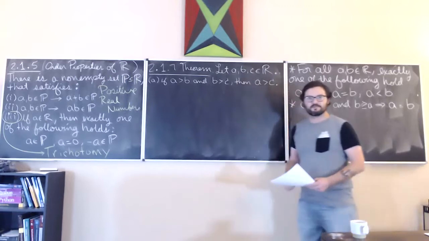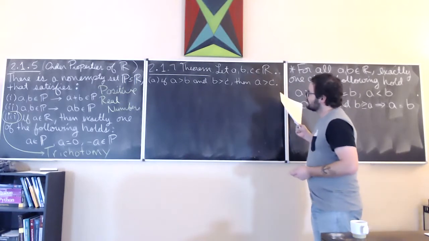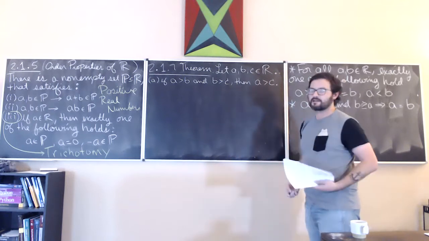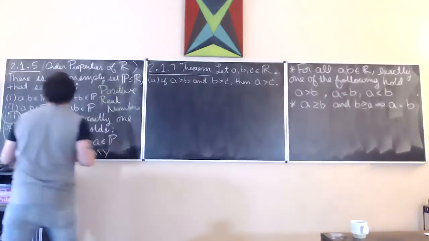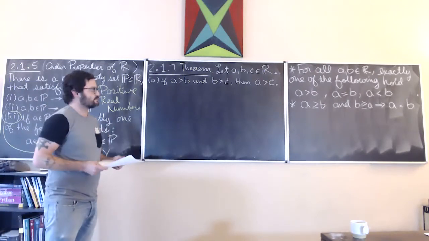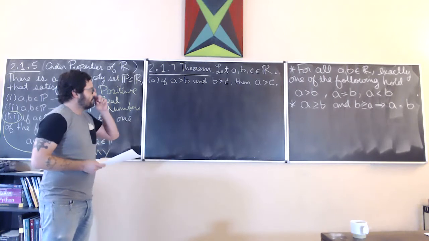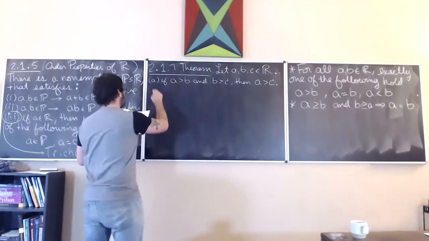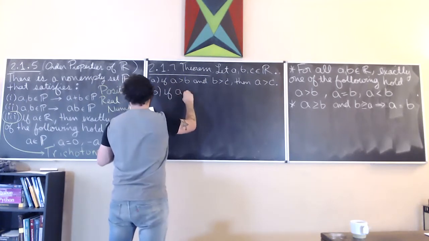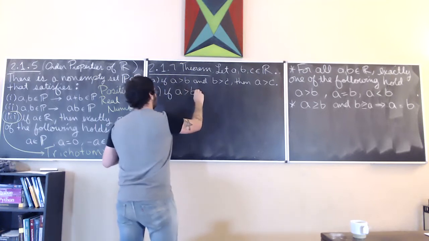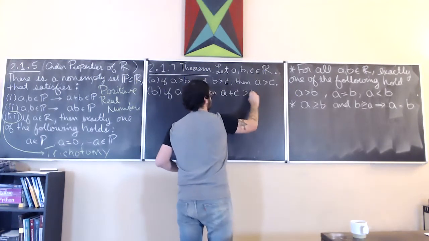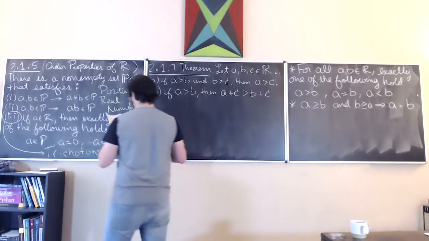Now I know this statement might seem funny to you, but we really do need to justify why it is true based off of what we consider our axioms. We can consider this ordering property of the positive reals as a set of axioms, and with that we can build up the real number system and the various properties on that system. So we're going to have to prove that. Part B: if A is greater than B, then A plus C is greater than B plus C. And then part C,